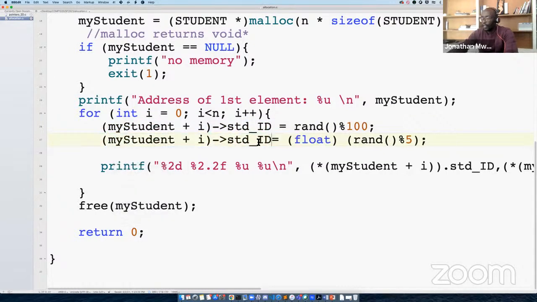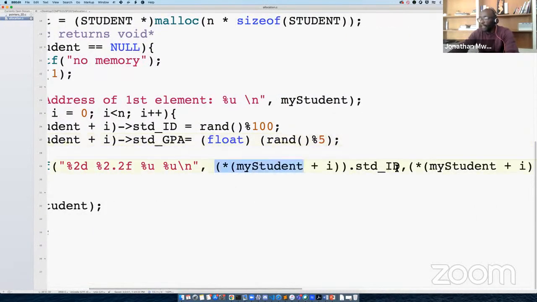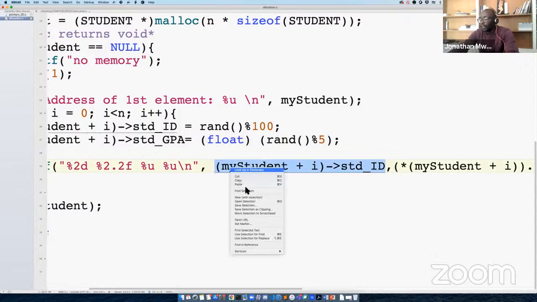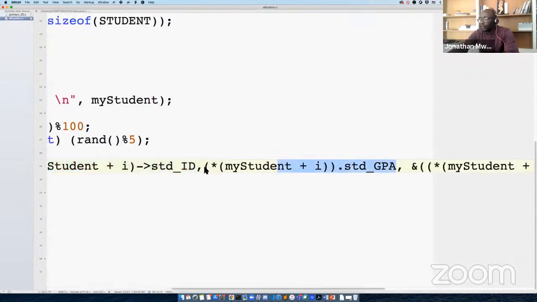And then here, we are going to use GPA instead, like that. So this is equivalent to this stuff that we have been doing here. It's equivalent to these here. So we can just change them, paste that, student ID, same idea, copy this, change for this. Yeah, copy for this. Yeah, should be fine.